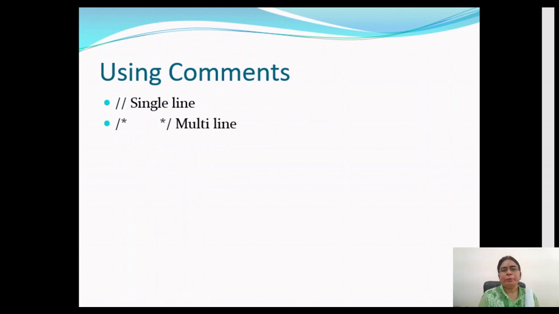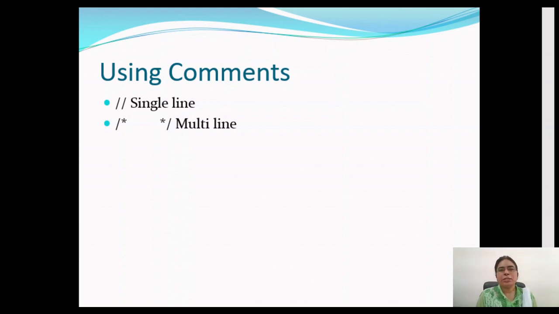Now, whenever we make a program, sometimes we require writing certain comments so that whenever later on we visit the program, we can identify what is the purpose of declaring a variable, what is the purpose of making a function. Because if we see our own program after 6 months or 1 year, it is sometimes difficult to identify what was the purpose of declaring the variable at that particular time.